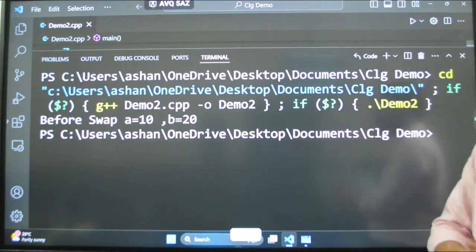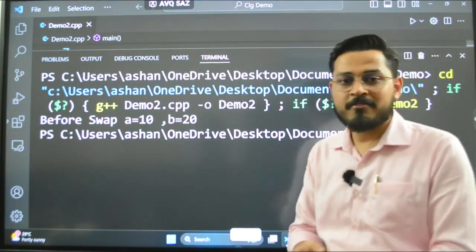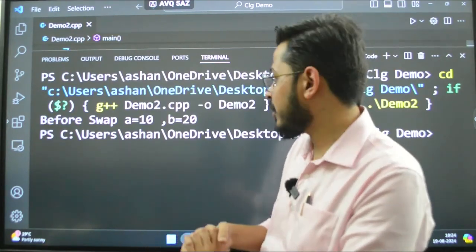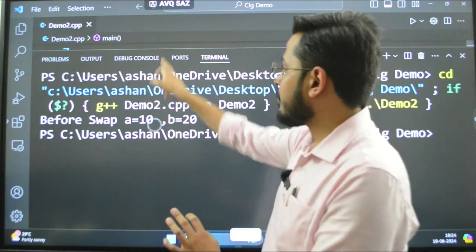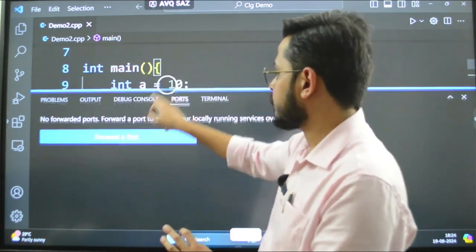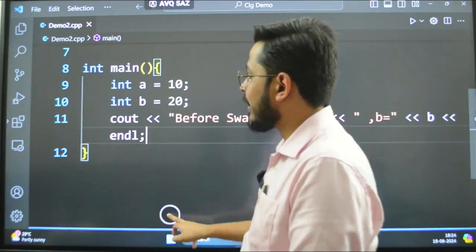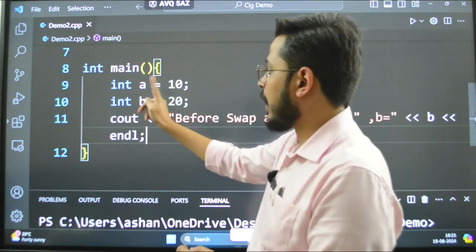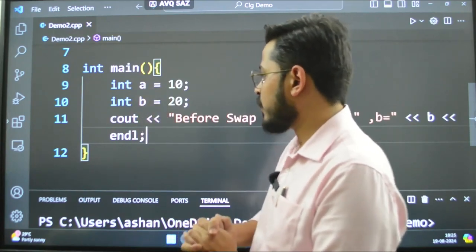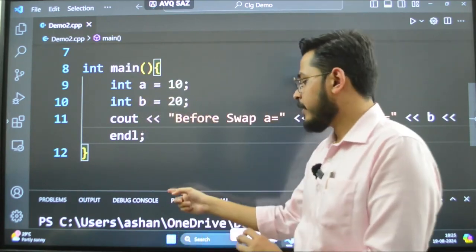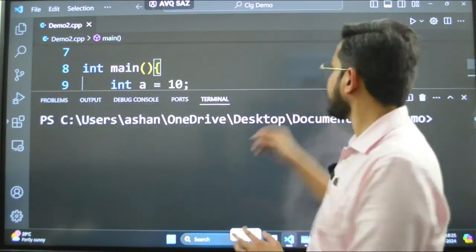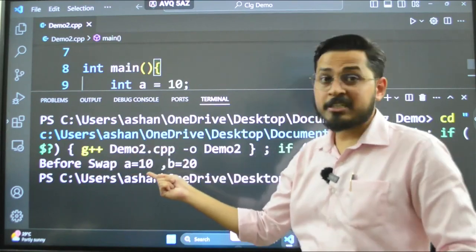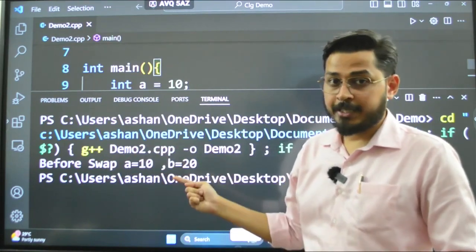So where we were: in our call by value, call by reference topic, in my program I had A and I had B. A was 10 and B was 20, and I am just printing that before swapping A is equal to 10 and B is equal to 20.